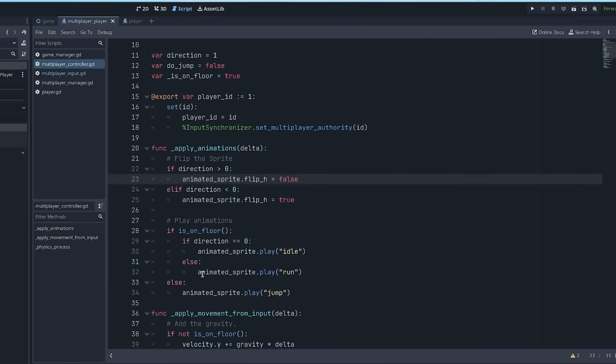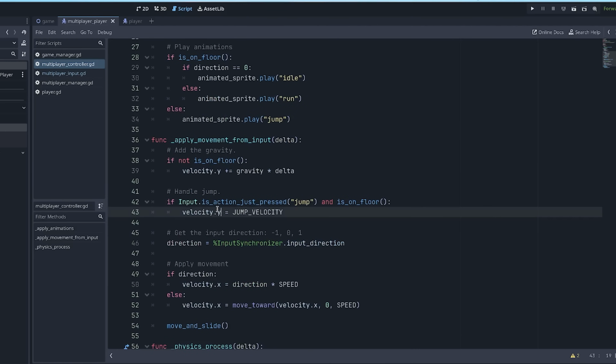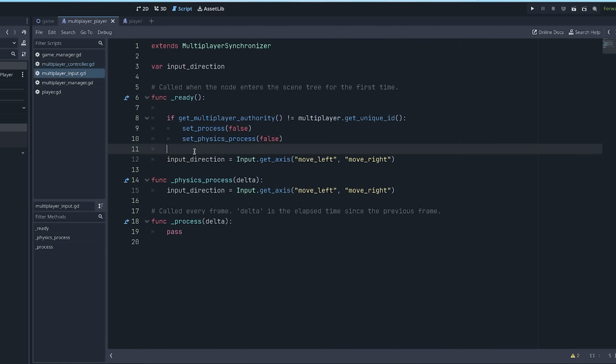So if we scroll down to where we process our jump currently, we still have this input handling here, and we don't want to handle that. Remember, we want to move all our player inputs to the multiplayer input script. So let's grab that, go to the multiplayer input, and down in the process function, let's just add it right there. Next, we need to create an RPC so that we can send a message to the server that the